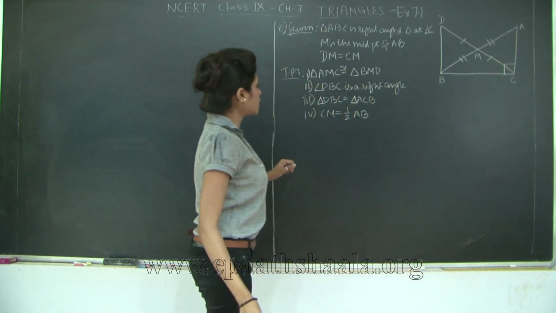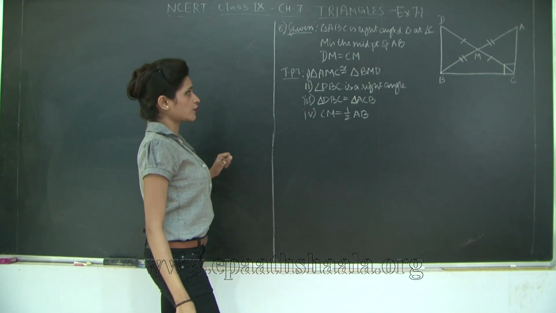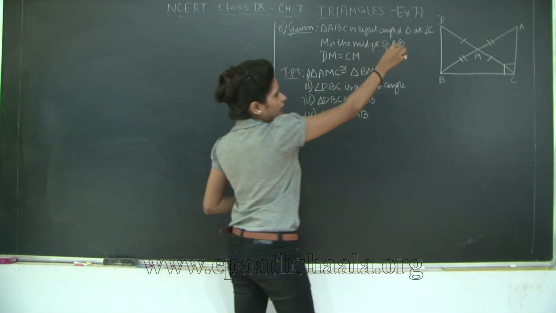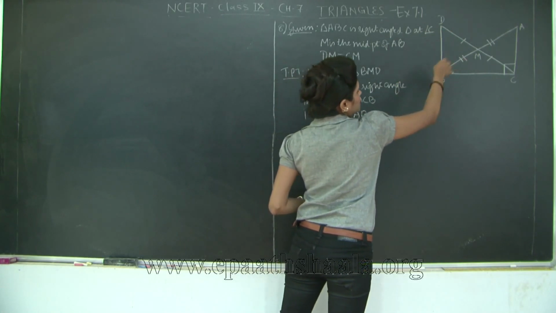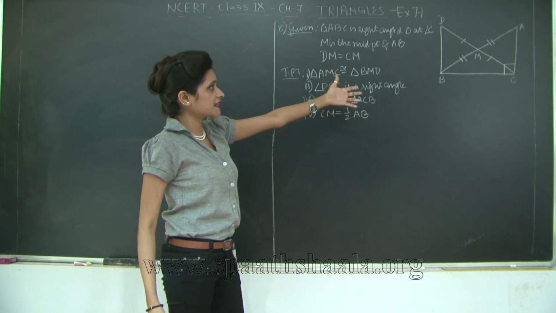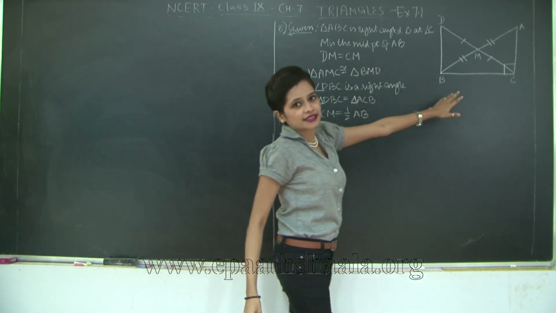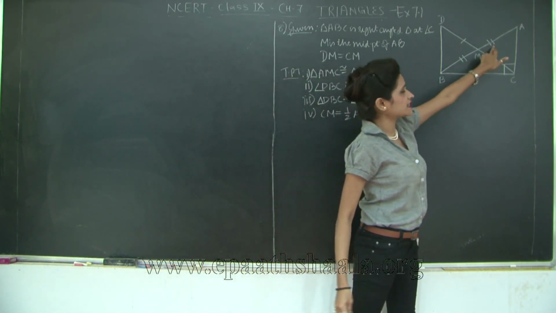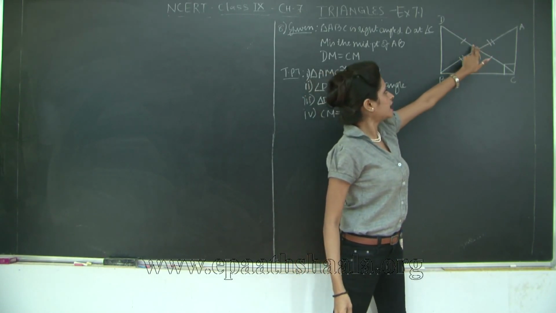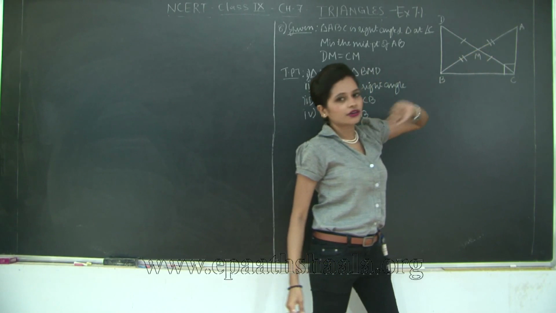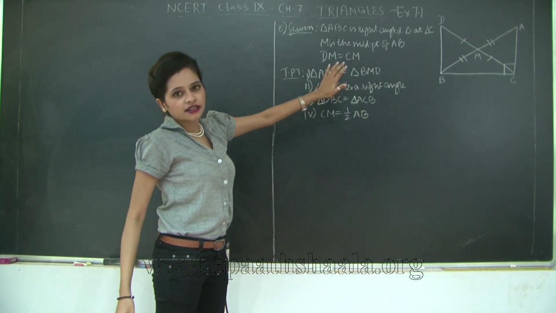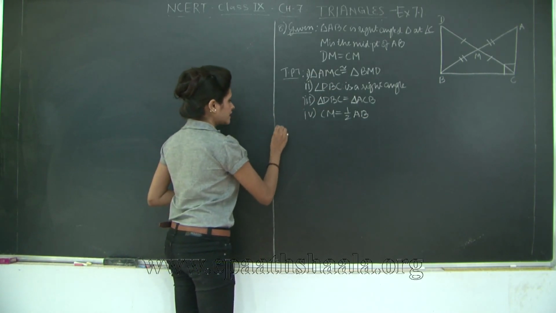What do I need to do now? I need to prove that two triangles are congruent. So which two triangles? AMC and BMD. So AMC and BMD, correct? Obviously it's very simple. By looking at the figure itself, we can say that the two triangles are congruent through SAS test. Why? Because see, these two sides are congruent, given, these two sides are congruent, this is also given, and you have vertically opposite angles over here. We know that vertically opposite angles are equal, therefore this part is proved. Let's go ahead and write this.